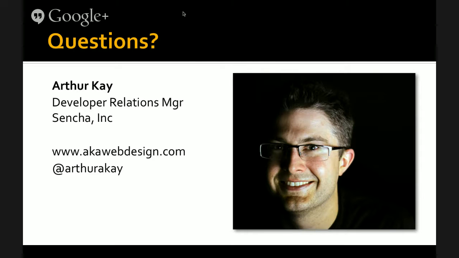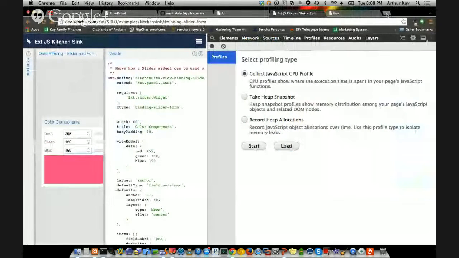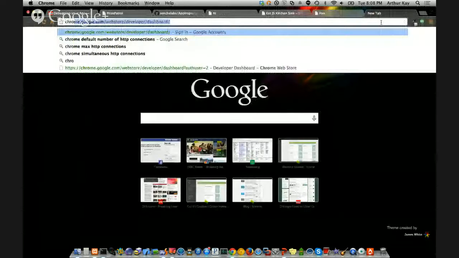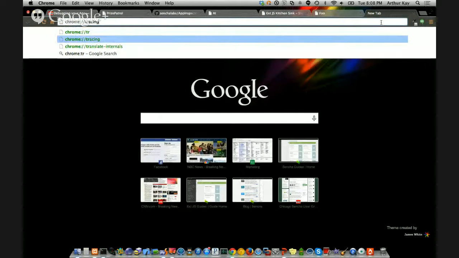Firefox in particular is phenomenal. Their developer tools have come a long way as well. For any of you still using Firebug, if you're using the latest version of Firefox, you don't even need Firebug anymore. Chrome's got some really cool stuff relating to memory management that other browsers don't. I didn't dive into this because, quite honestly, I'm not nearly smart enough to talk about it. But if you do chrome://tracing